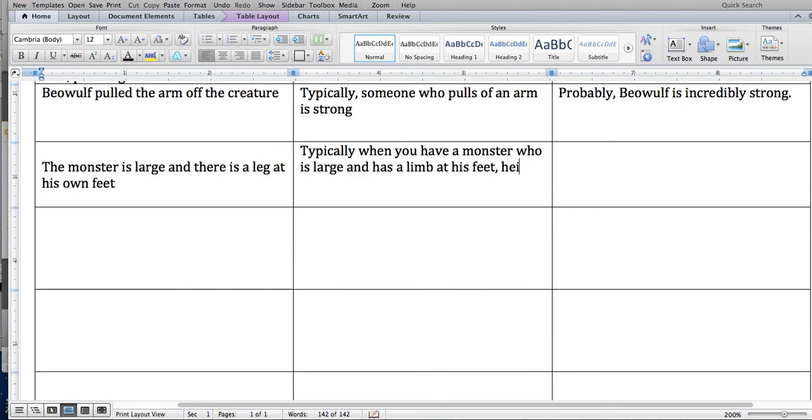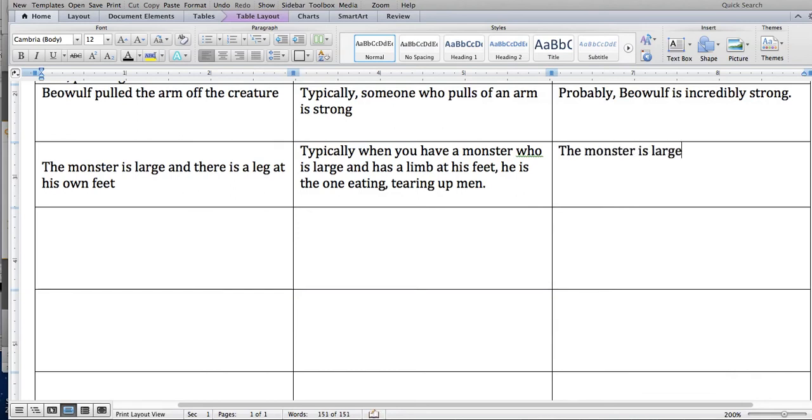And then the kids will be going, but did he do it or did Beowulf do it? Typically when you have a monster who is large and has a limb at his feet, he is the one eating, or they'll say tearing up, men. So the claim is the monster